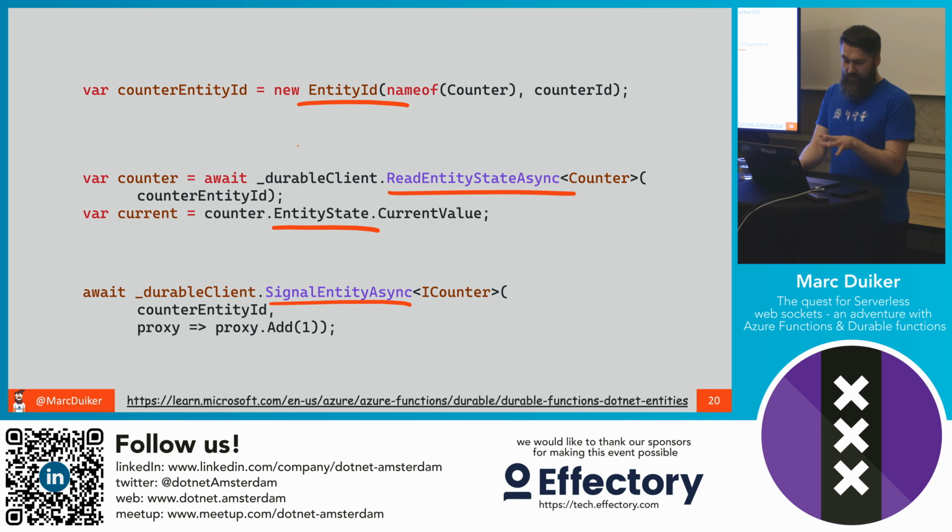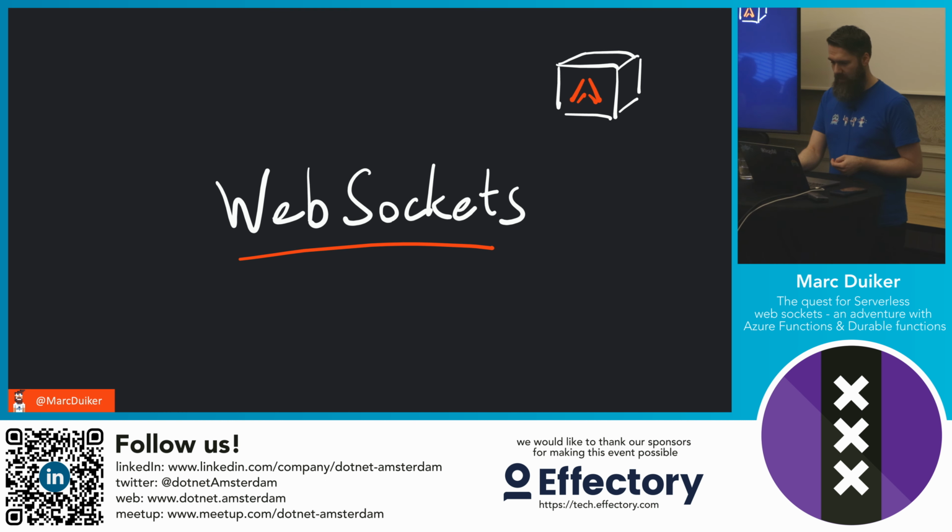All right, so this works well. This is quite nice and understandable. There are different ways how to use them. So in this case, in my solution, I'm using entity IDs, and I'm not using them inside orchestrators or whatever. I'm just using a durable client and using the durable client to interact with my entities. There are a few other methods available if you want to interact with your entity ID from an orchestrator function. But that's all in the link here on the slide.